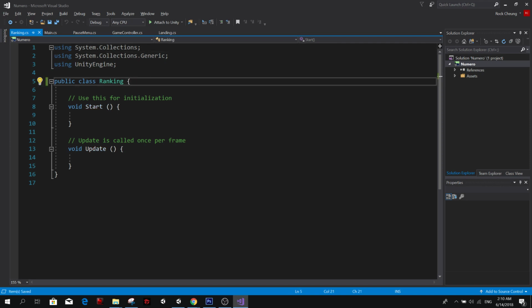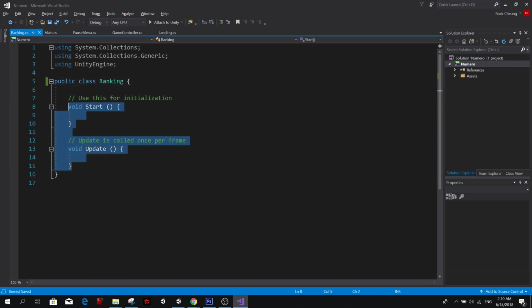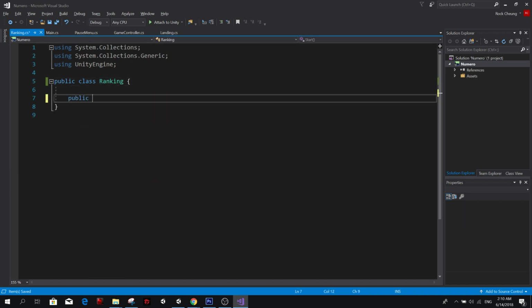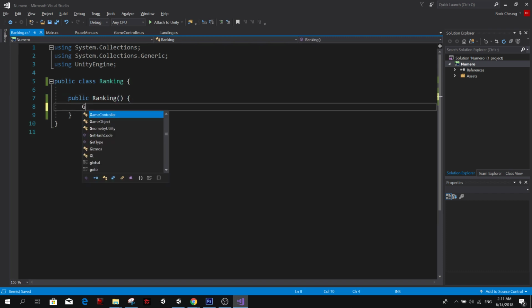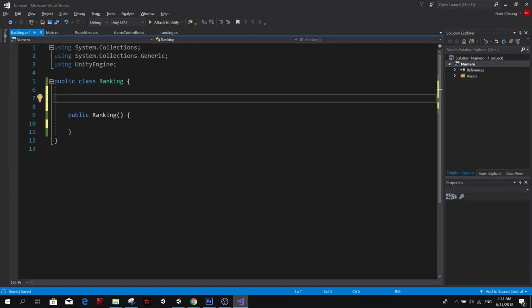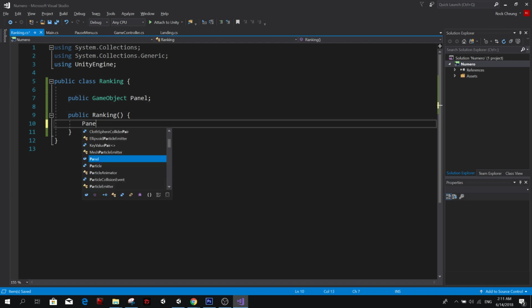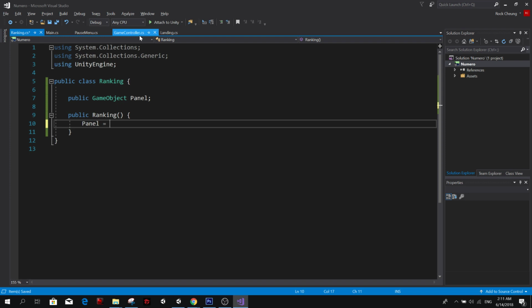That's gonna be fun. Here, public ranking, public game object panel, panel equals, just copy from here.